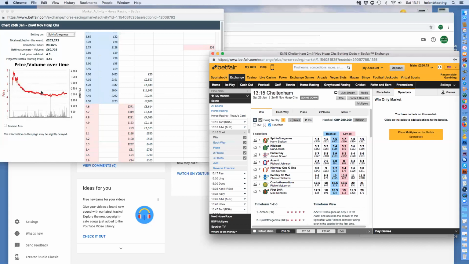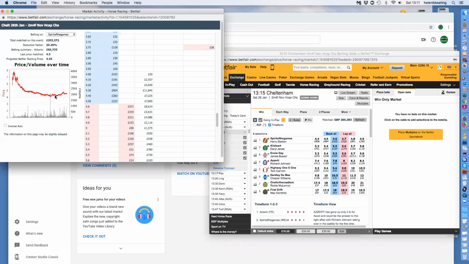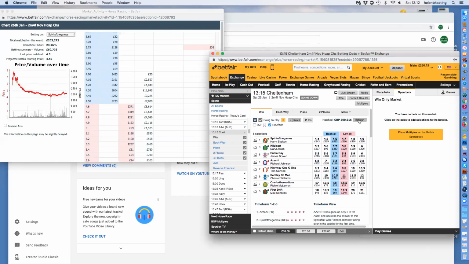With underweighted horses, when they're doing that, that's when you want to be scalping. That's when you want to be taking it at the top, backing at the top of the market, laying at the bottom, backing, laying. So, it will tell you a different strategy depending on what you know about that horse and how you would view it going forward. By the way, Spirit of the Game seems to be just sort of tootling along within his little corridor. Again, you could try and scalp this now if you felt that it wasn't going to drift